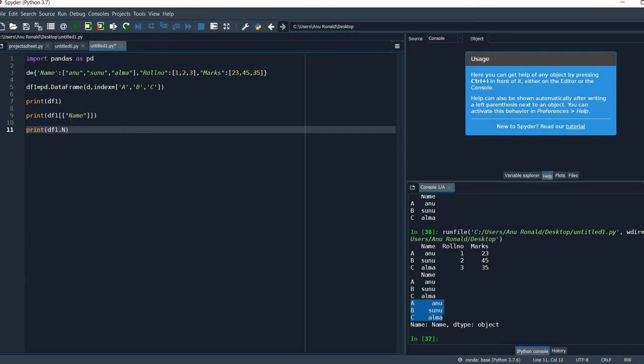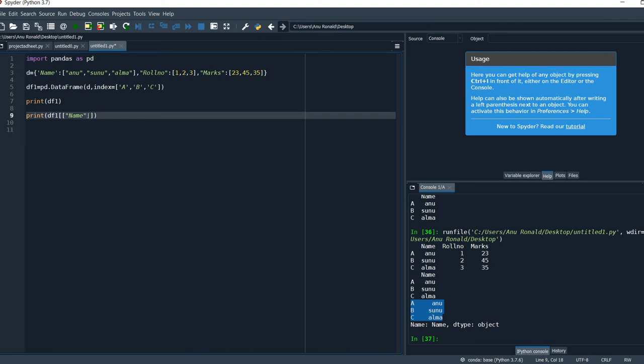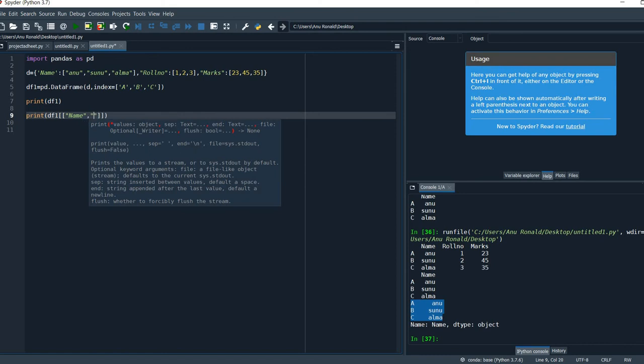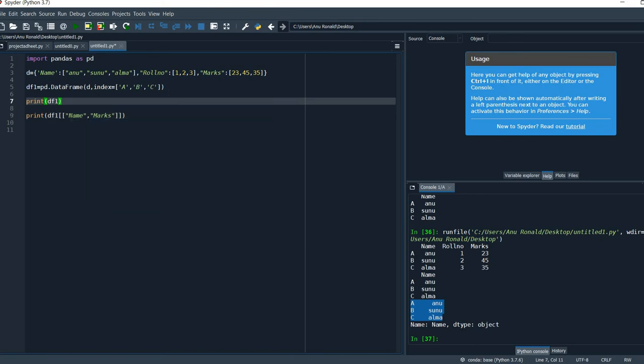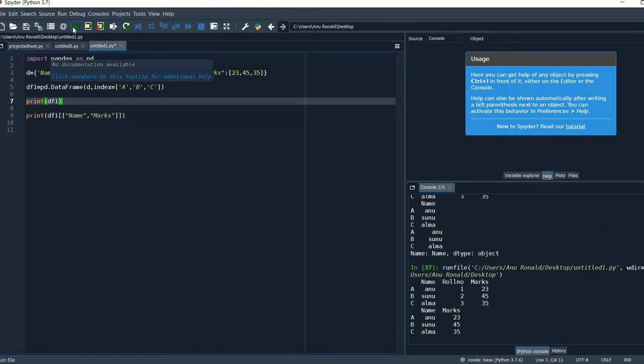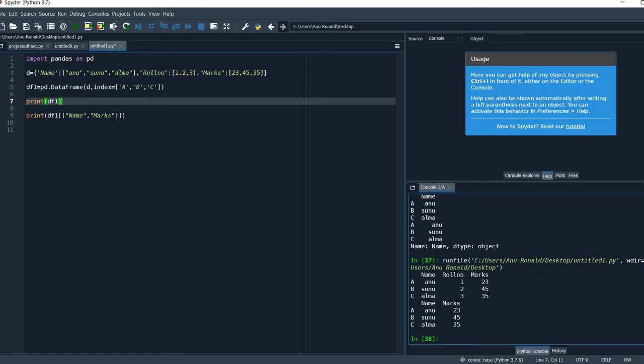Just think, if you have to use multiple values, how will you do that? For that, you just have to make the changes here only. Whatever columns you need, you can specify the names of the columns here, just by comma separated values. So you'll get marks and name.